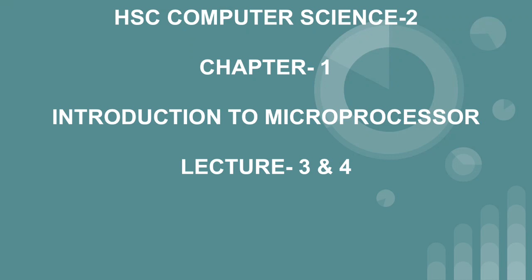Now in today's lecture, the first question is write a note on simplified CPU organization. Actually we are having 3 questions, but the answer for all these 3 questions is same only. So this particular question is asked in 3 types. Write a note on simplified CPU organization. List any 3 primary functions of CPU of microcomputer. Draw a neat simplified block diagram of CPU architecture of microcomputer. So answer for all these 3 questions is same only.